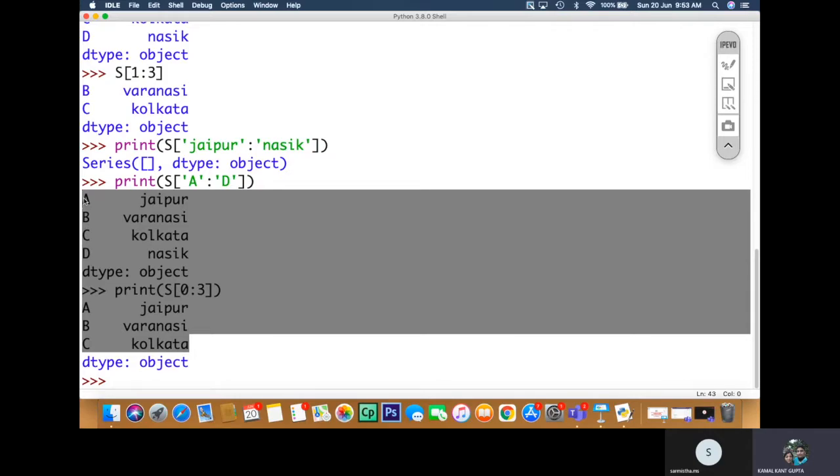It is not going a label before the last label. Whatever label name is given, up to that last label it is going. So labeling means you are accessing the elements from the first label up to the last label. That's it, as simple as that. I hope the labeling and indexing in case of slicing is understood.